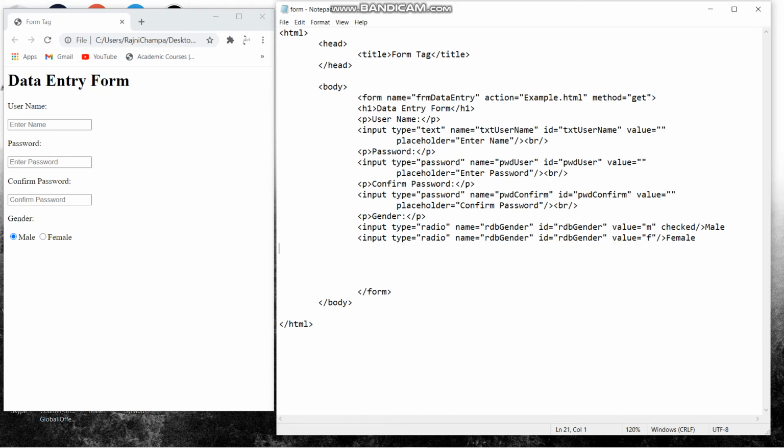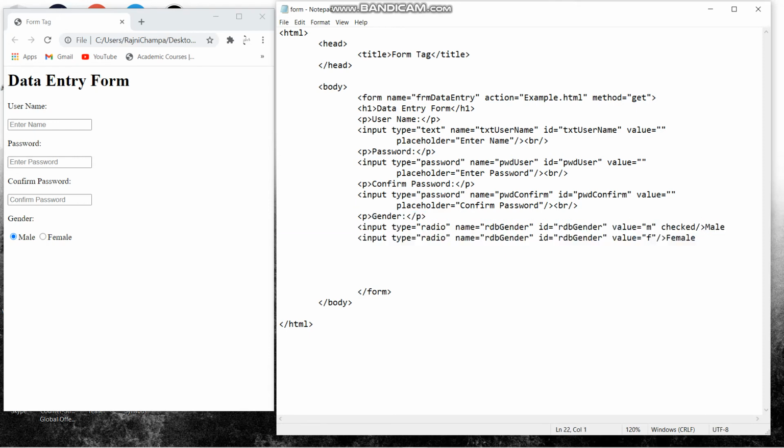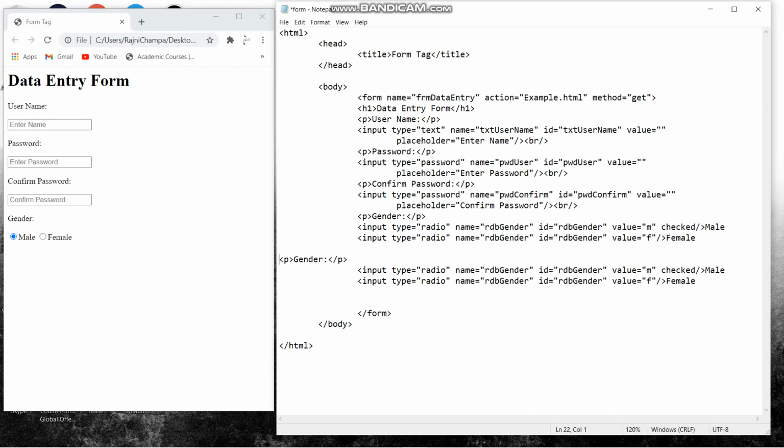What I have done here is give this particular male radio box a unique value, because the name and the IDs are similar. So one thing we have to do to make both radio boxes unique in themselves is give them the value.